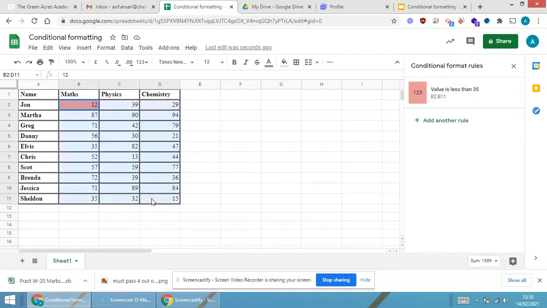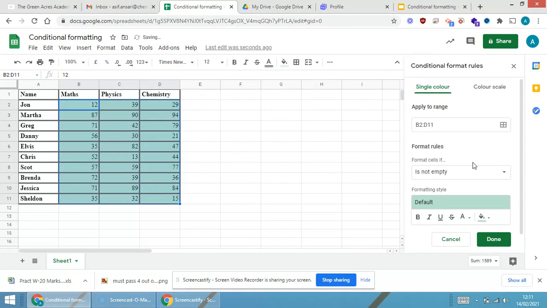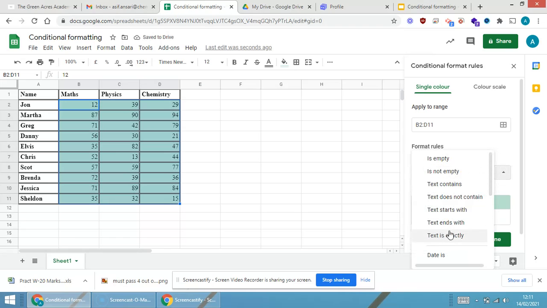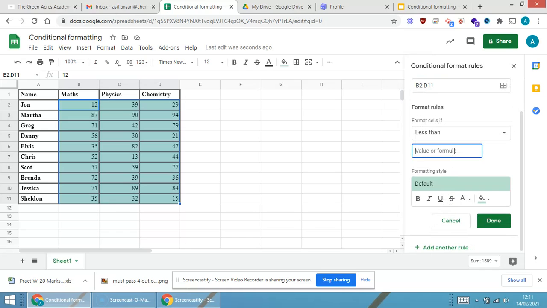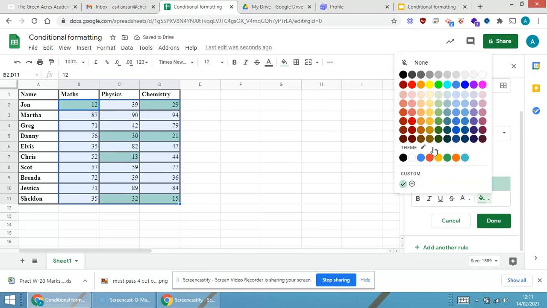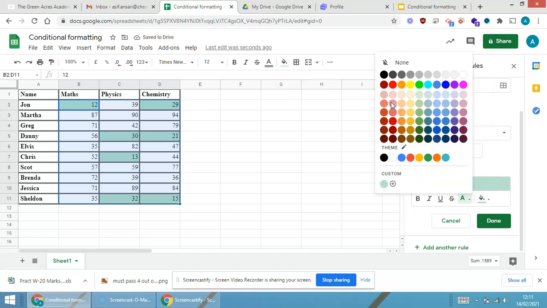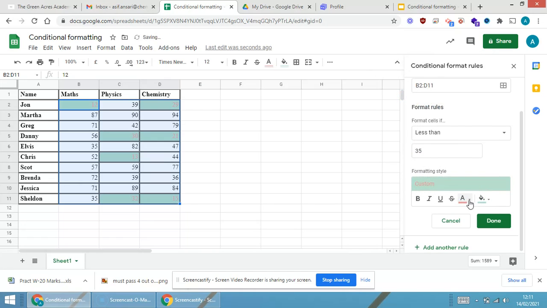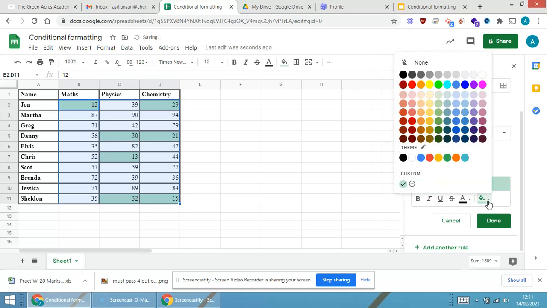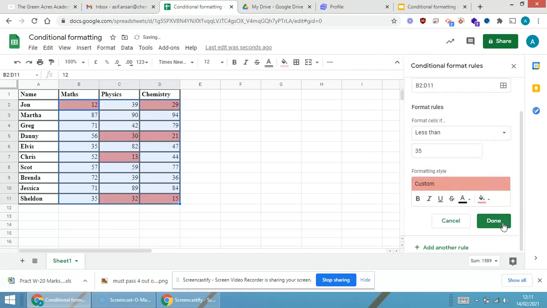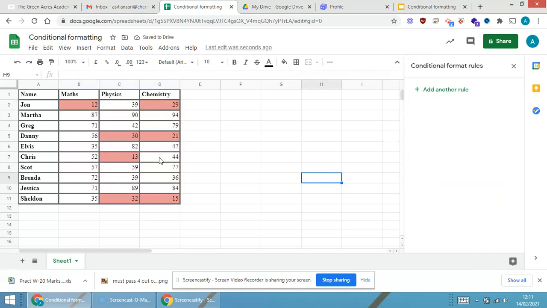One more time, select it. Another way, add another rule. If the cell value is less than, give the value over here 35 and change the color. We have to change the fill color. So I'm selecting the fill color this, and when we click on done, you will be able to see that